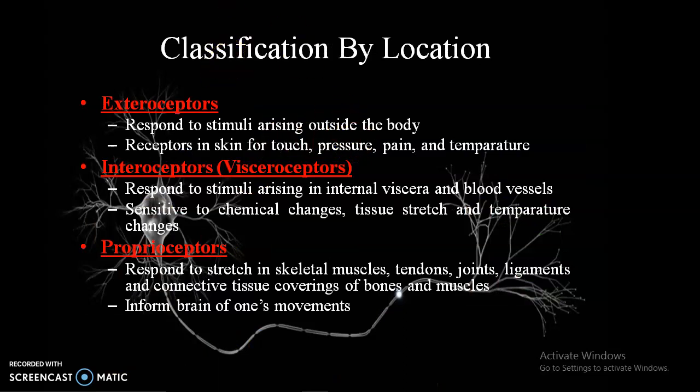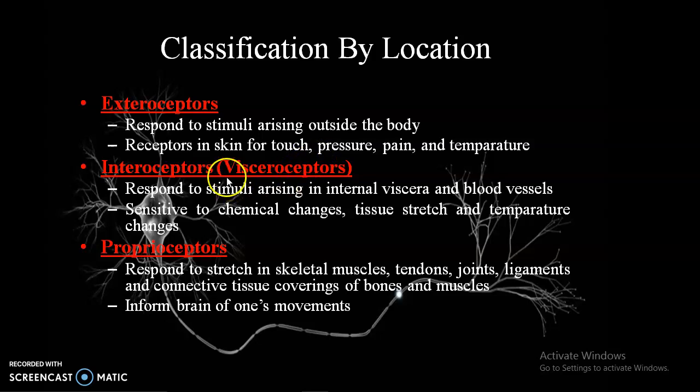So next one is the classification of receptors by location. There are 3 types of receptors based on their location in the body: exteroceptors, interoceptors, and proprioceptors. Exteroceptors, as the name indicates, are located at the outermost surface of the body, or they respond to stimuli arising outside the body. For example, the receptors in the skin for touch, pressure, pain, and temperature are examples of